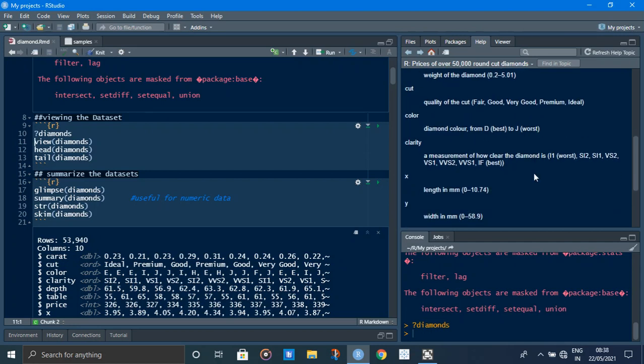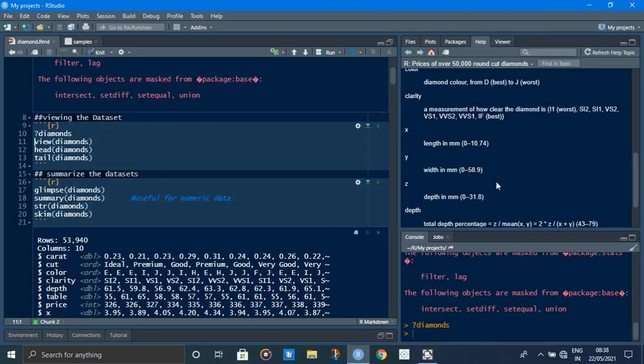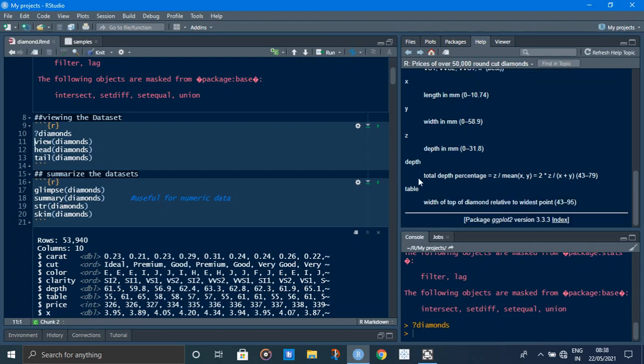Clarity: I1 is the worst. X is the length, 0 to 10.74, Y is the width in mm, Z is the depth in mm, 0 to 31.8.